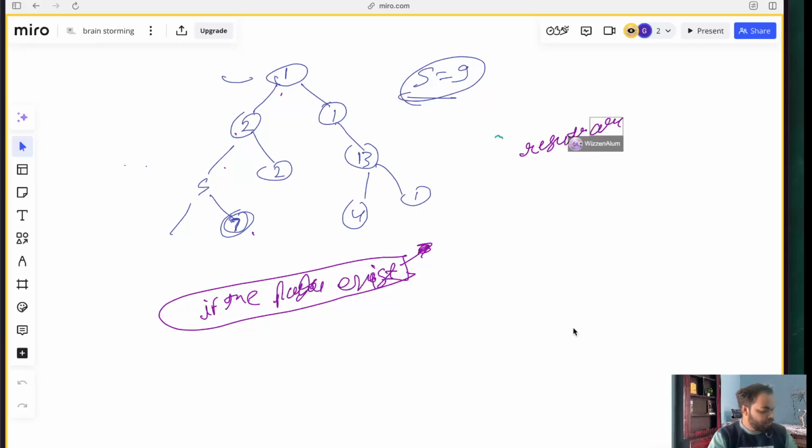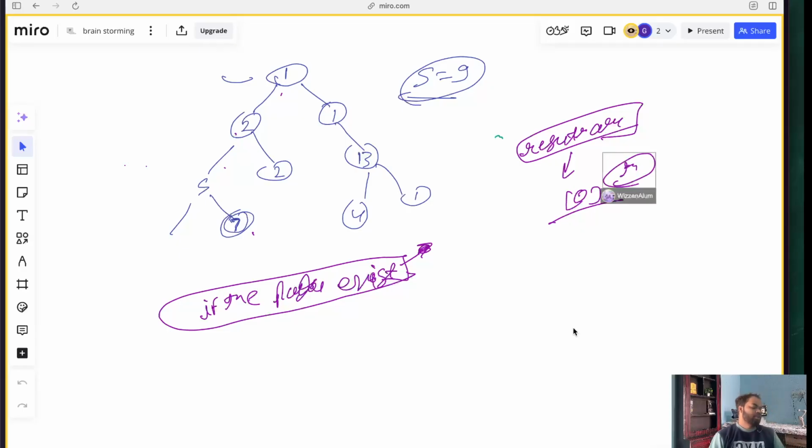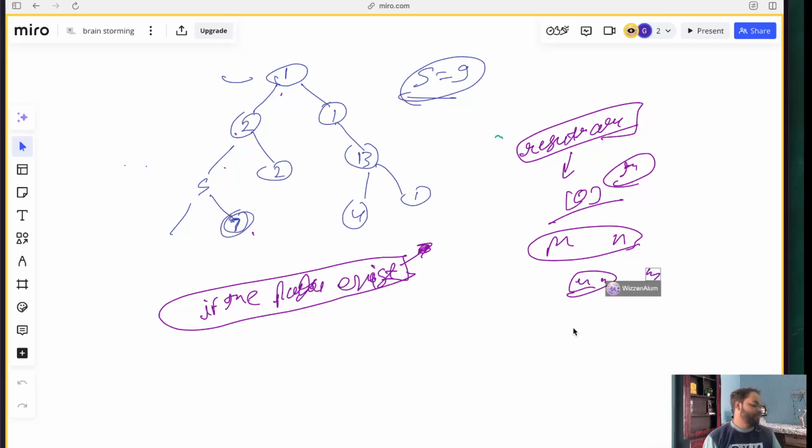Result array that we will pass, and if I find zero in it, then we will say, okay, this is the one. You can do it in the forward manner or backward manner. Backward manner is good because we will know certainly that this is our zeroth place. So let's try to do it. What I'll do is create a function called traversal, in which we have root, number, and the result